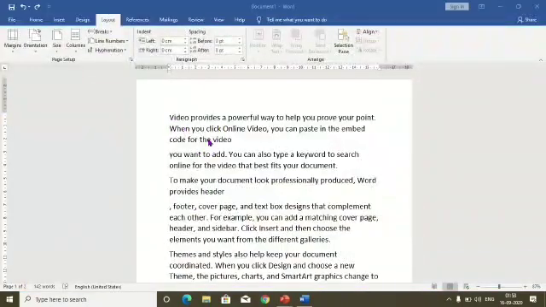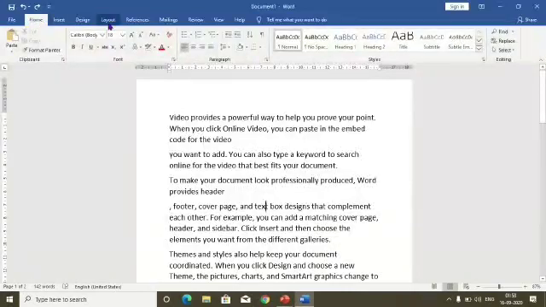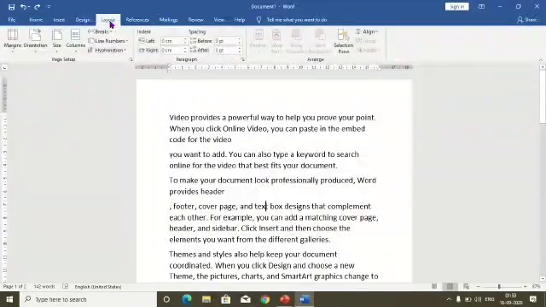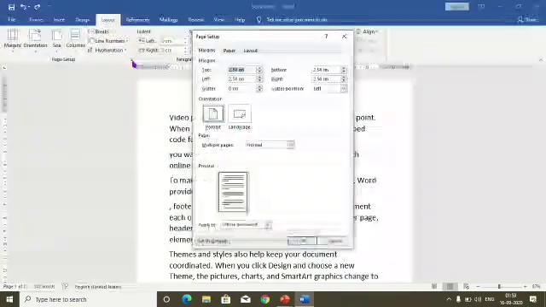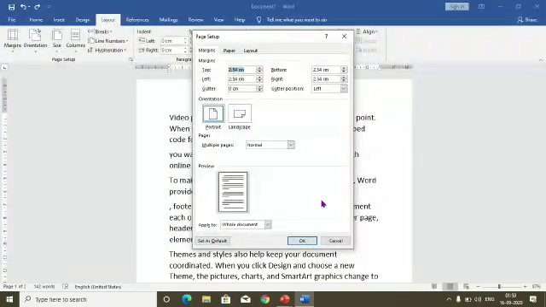We come to the Word document, and we have to come to the Layout tab, and from here we simply use this option of the Page Setup dialog box. This little arrow we have to click. Now we can set different types of margins of the page from here.